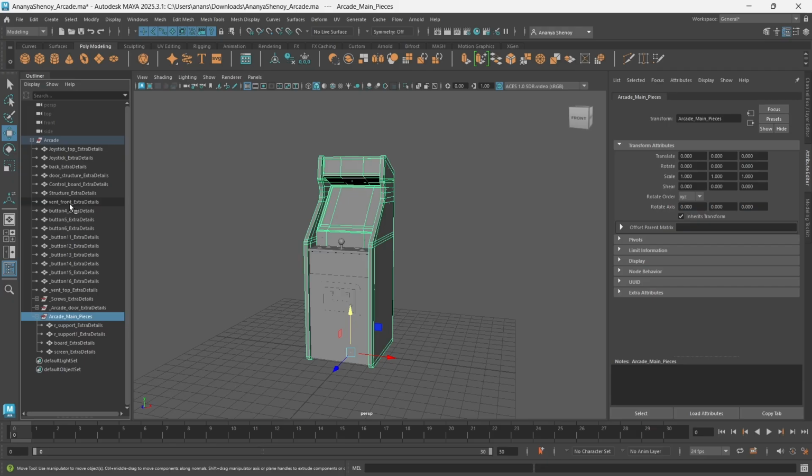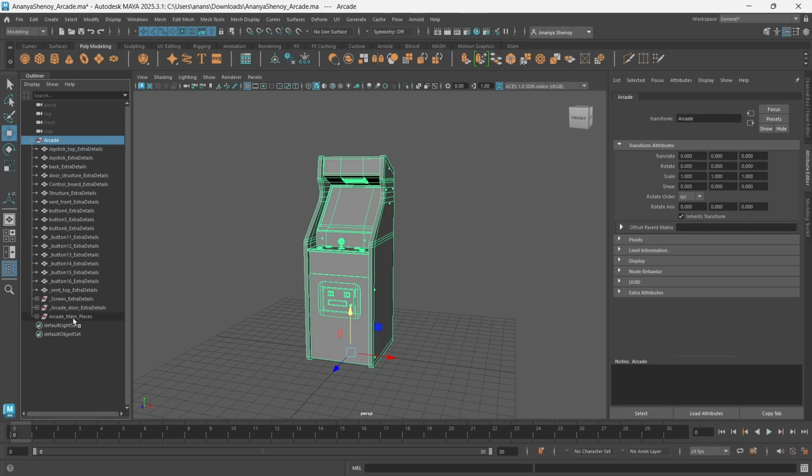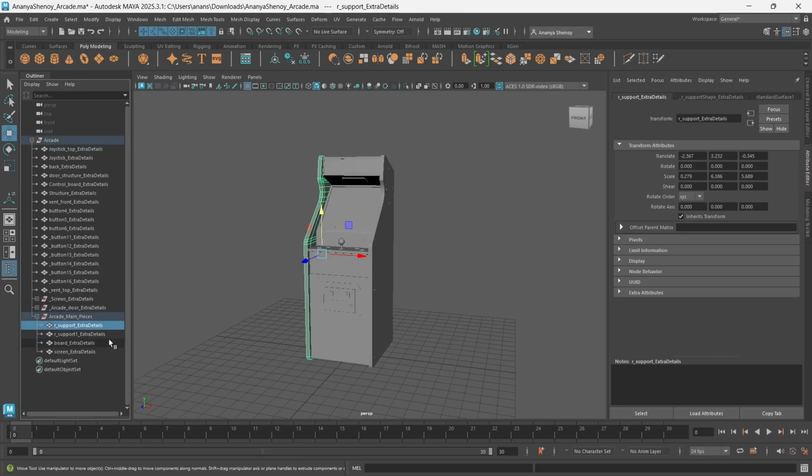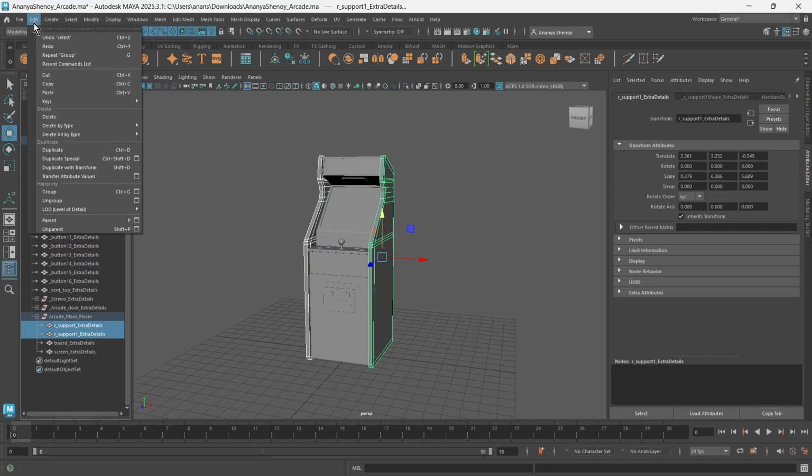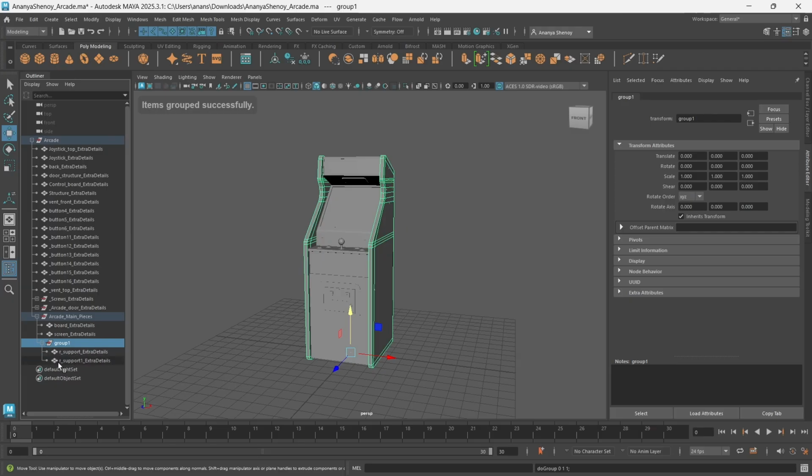You can just have, if you prefer it that way, one main group that's arcade, or you can have a bunch of groups inside it. And you can keep creating groups within groups, so you can even have this arcade main pieces and edit group or Control G, and now you have a group within that.